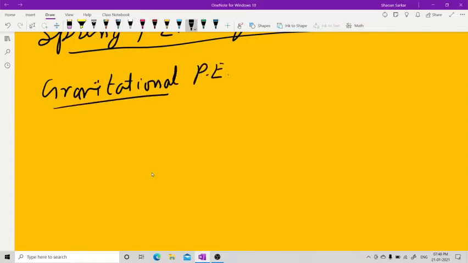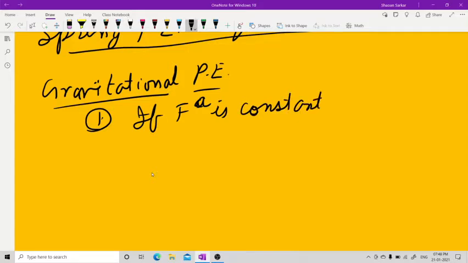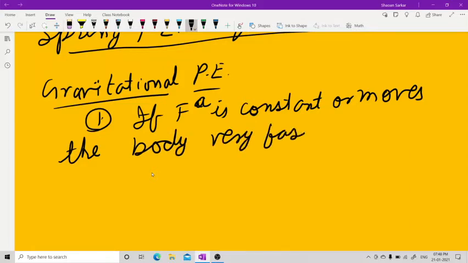potential energy. Now here also, suppose number one, if Fa, the force applied, is constant, and it lifts or moves the body very fast, then this time we are going to use